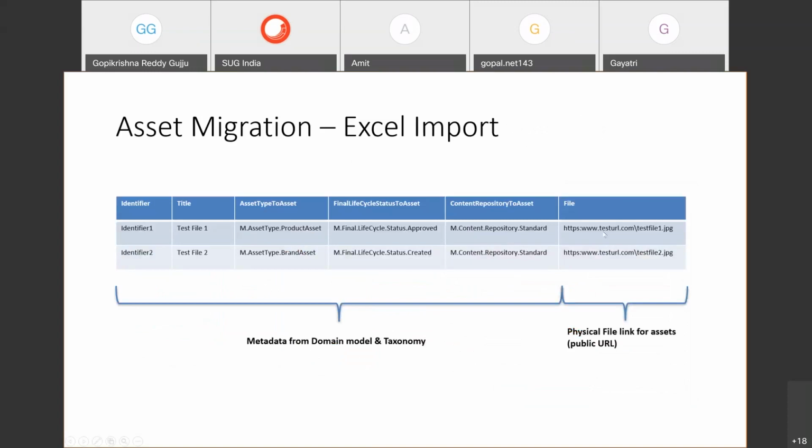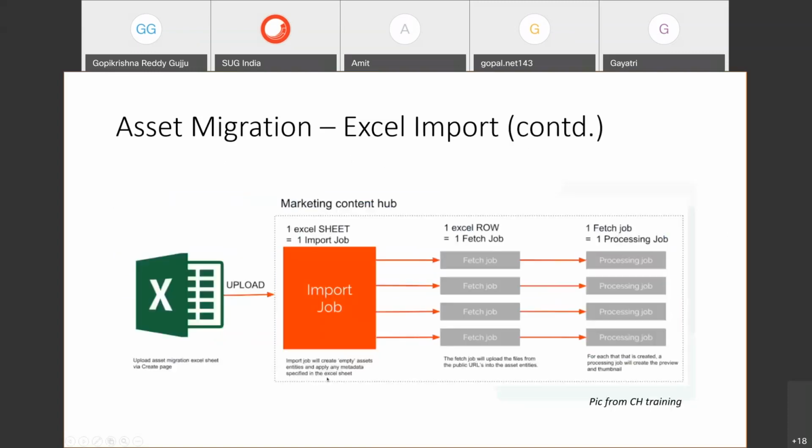Then a second fetch job is created for each file. For each file, it goes and brings the file and does the processing. That's why sometimes when you upload assets, you have empty assets first, without any file but with all the metadata, and then they start populating one by one. That's how the process happens.